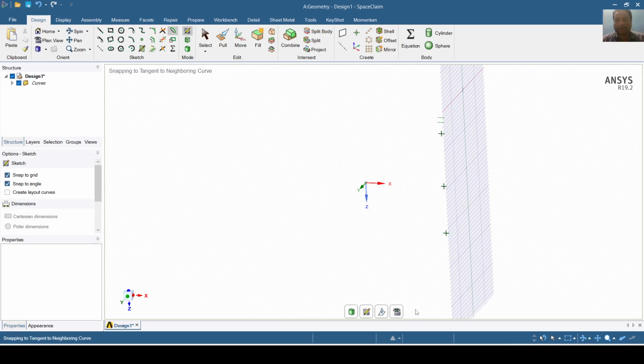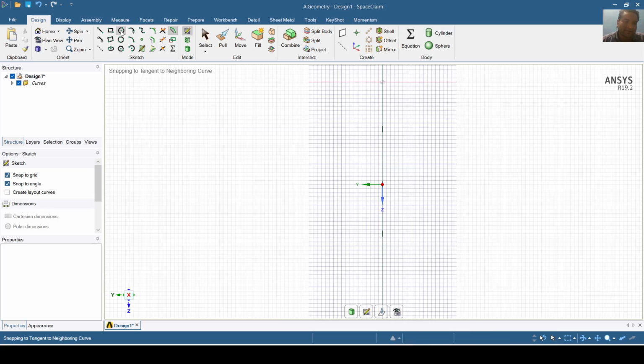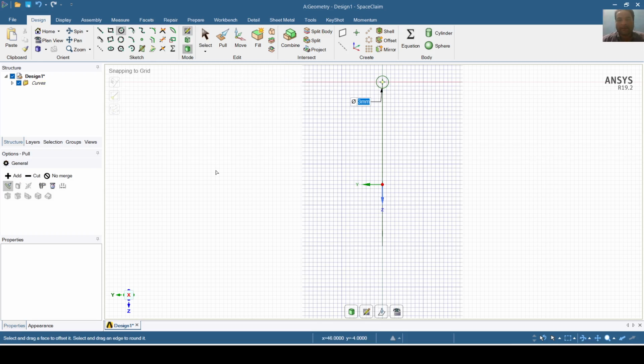Now I have created another plane and I will select plan view and I will create a circle here, and I will give it a diameter of 3 mm, and now I will go to solid mode and